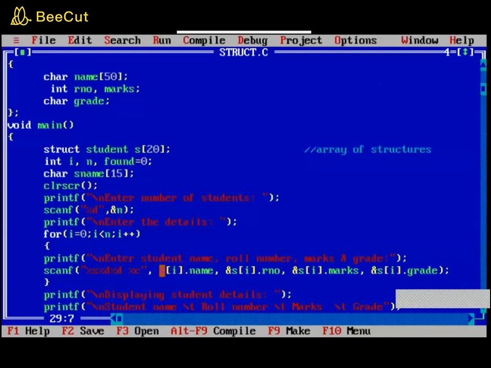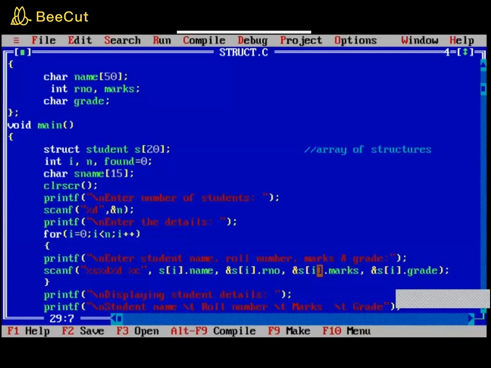So s[i] means s[0] for the first time. When your loop executes for the first time, it is s[0].name, comma, &s[0].roll number, comma, &s[0].marks, and &s[0].grade. So at the 0th memory location, one student's name, roll number, marks, and grade is entered.